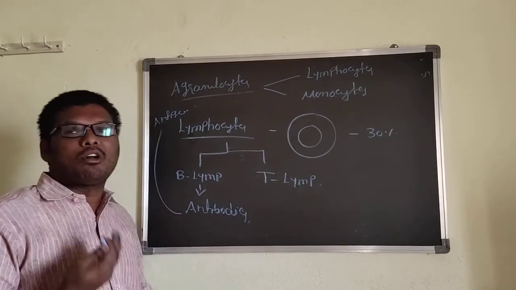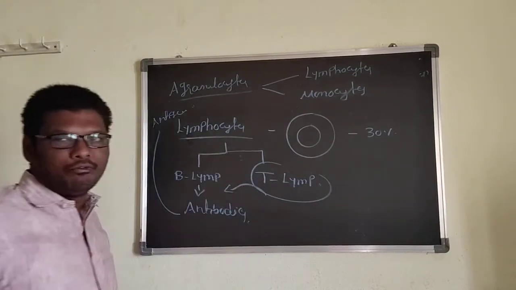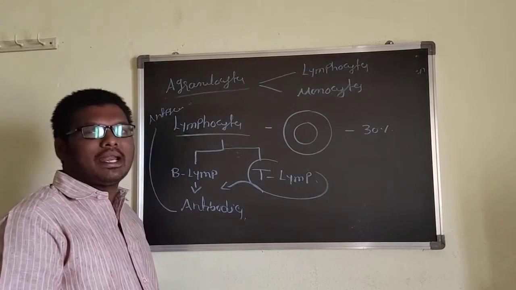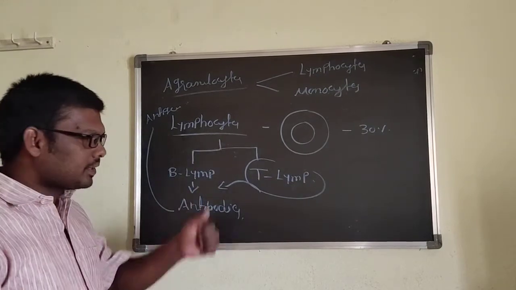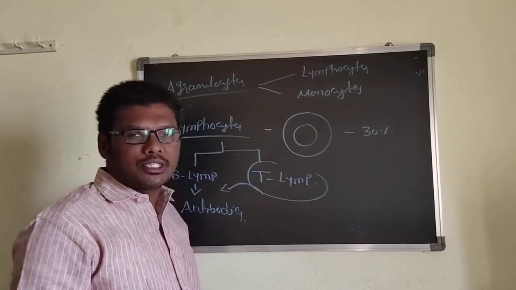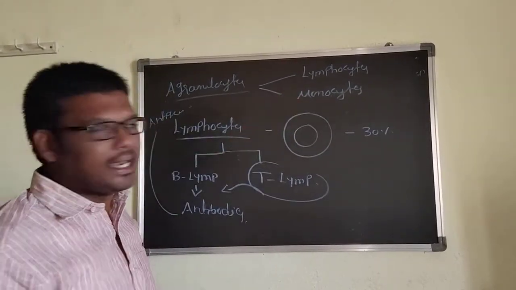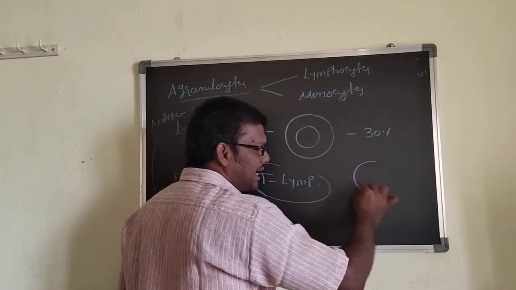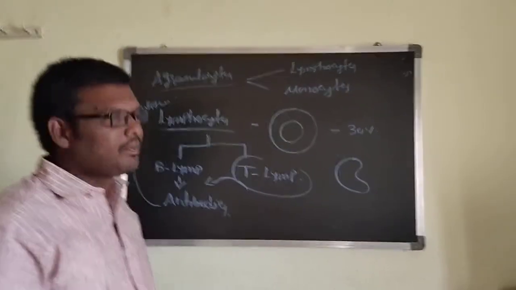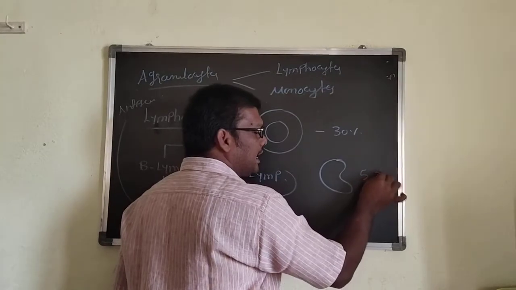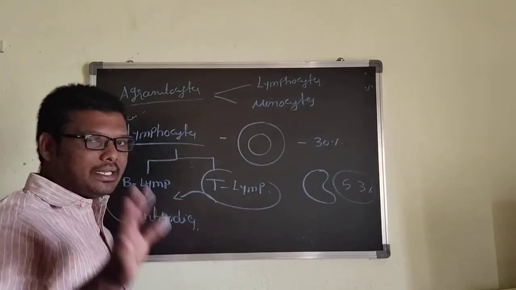At that time, the immunity power will be increased. T lymphocytes give support to the B lymphocytes. That's why the immunological response or immune system is increased due to the lymphocytes. And the lifespan of lymphocytes is a few days to a few years. And if you go for the monocytes, a kidney shaped nucleus is present, also called a reniform nucleus, and they occupy approximately 5.3%. Monocytes, tomorrow's class we will discuss.